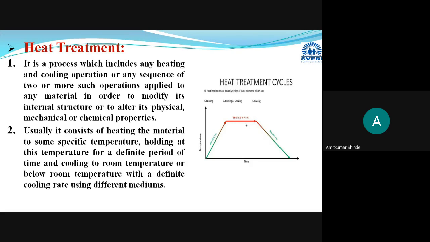Now in general, if you consider a component, suppose a 20 by 20 size square, then it approximately requires 20 minutes soaking time, and as the shape and size of the component change, the soaking time also changes. The soaking time depends on the shape and size of the steel component,